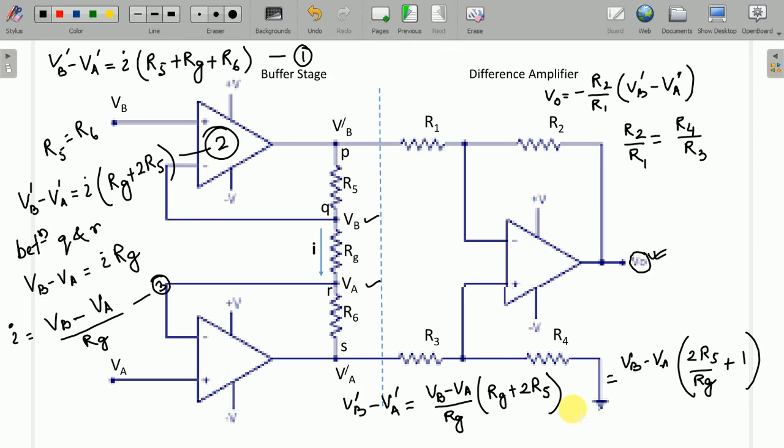2R5 by RG plus 1. So we obtain the value V'B minus V'A. If I substitute this value for the output V0, this is nothing but R2 by R1 times V'B minus V'A. This is the value we get. So if I substitute the value of V'B minus V'A here, we get